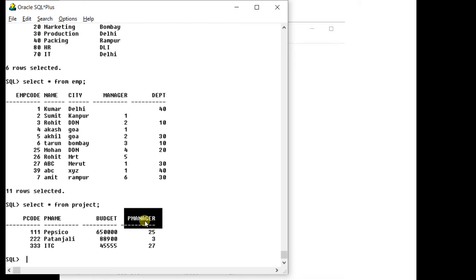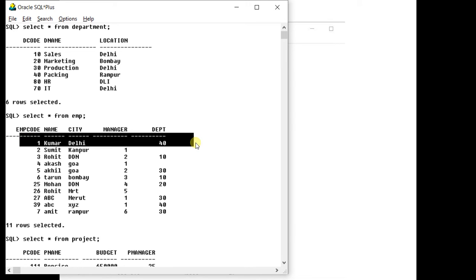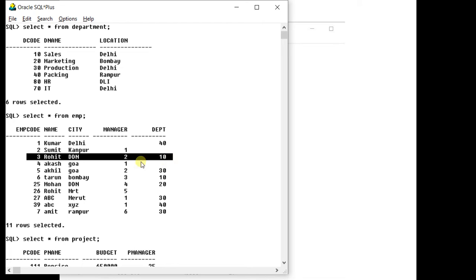Currently, P manager has nothing to do with the manager column. The manager column and this P manager are not at all related, so don't be confused. This P manager is a foreign key of employee code. So what was the case? The company has a number of departments, for example department number 10, 20, 30. A number of employees work in a particular department, like Kumar works in 40, Rohit works in 10, and so on.